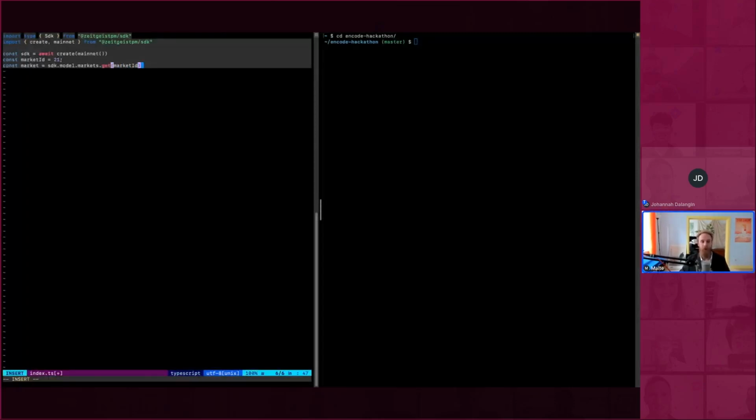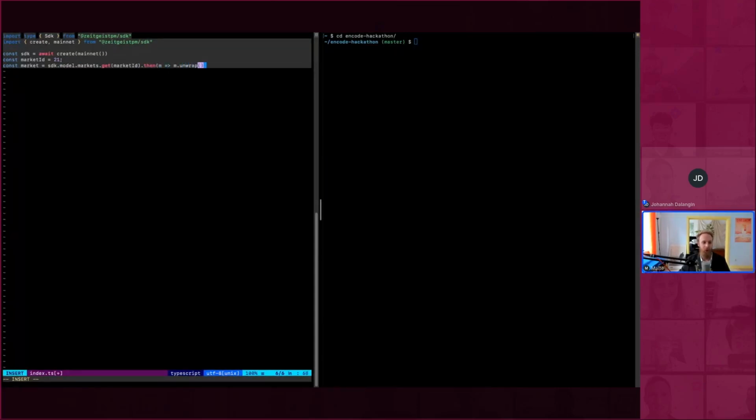The thing is, this is kind of like this Rust style programming that Polkadot.js imports to TypeScript. Because we could add some kind of nonsense market ID here and then we wouldn't find a market, we need to also unwrap it.